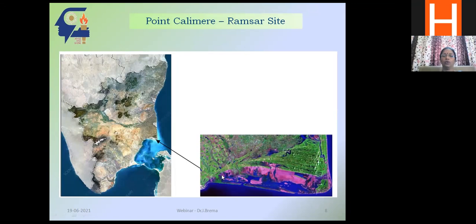Yes, ma'am. Thank you. Okay, so what you see here is a wetland ecosystem which has a lagoon, an estuary, and some mangroves, and we have got a sanctuary here. It's a wildlife sanctuary plus a bird sanctuary, and we have got some streams or rivers flowing into this ecosystem. And we have got the flushing activity taking place with the sea also.